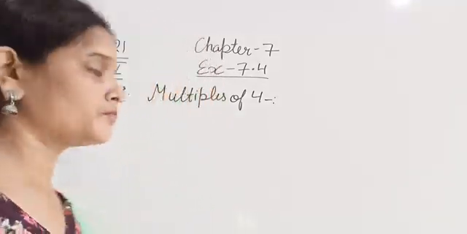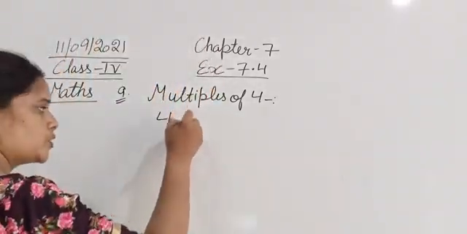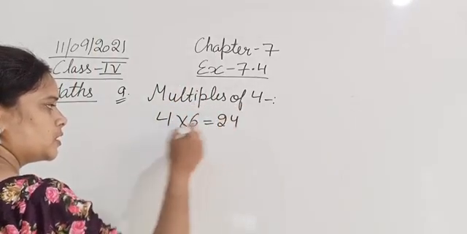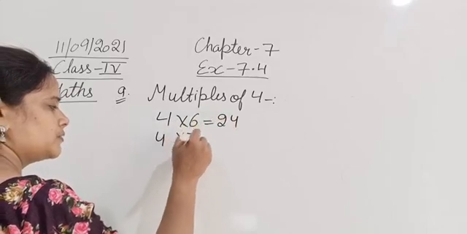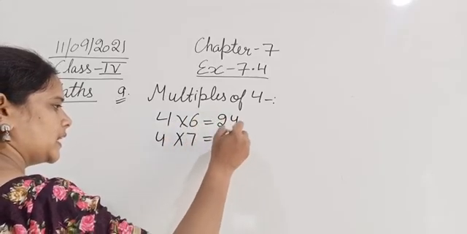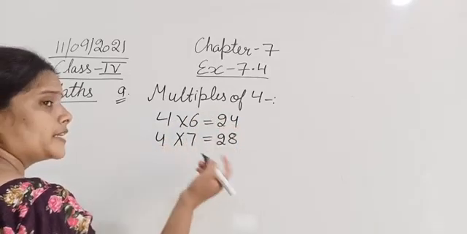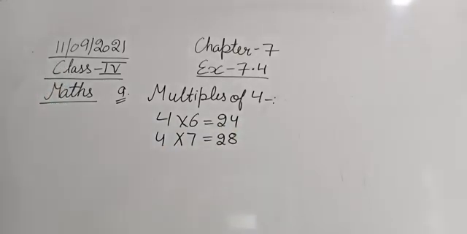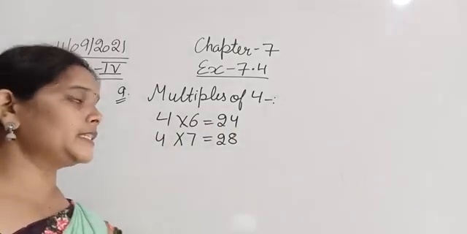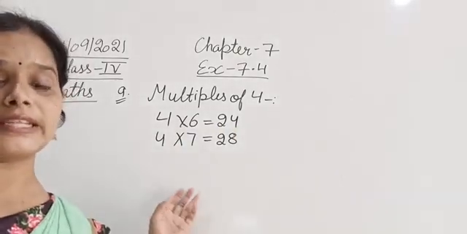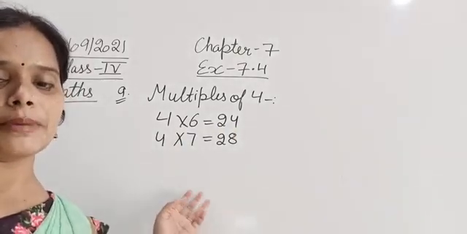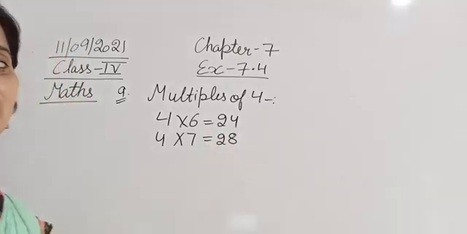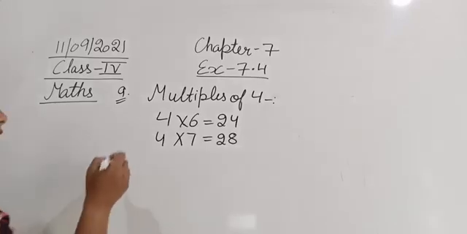Then 4 sixes are 24, 4 sevens are 28, 4 eights are 32, but we need numbers smaller than 32. Okay, so that means the multiples of 4 greater than 20 but less than 32 are 24 and 28. So write down, therefore